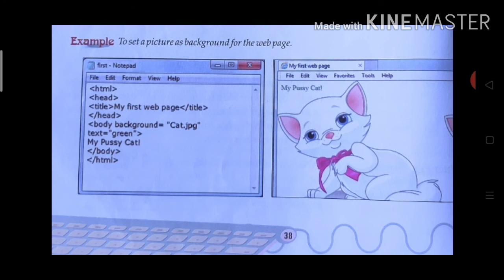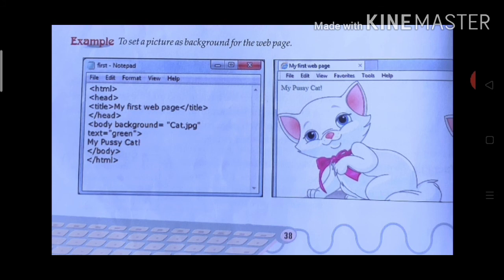Firstly, same, you create the HTML beginning tag, after that the head beginning tag, and after that open your title with the beginning tag and write the title for this web page, My First Web Page, and use the ending tag, slash title, and after that also use the ending tag of head.